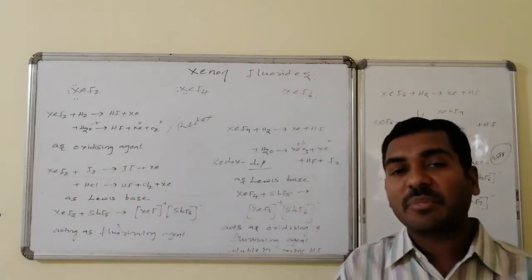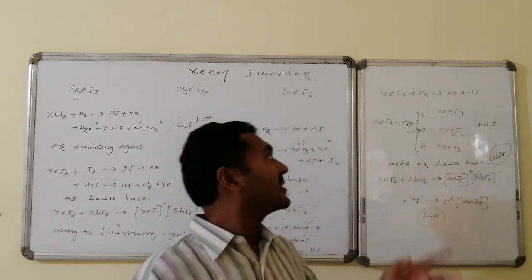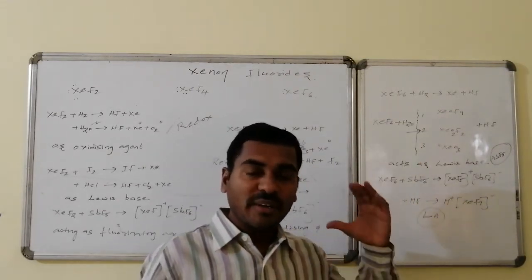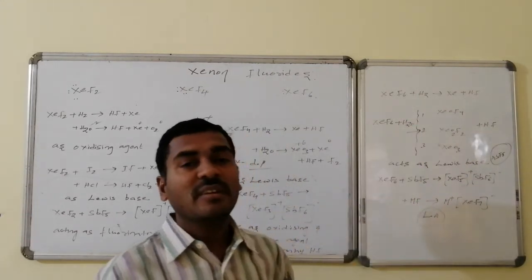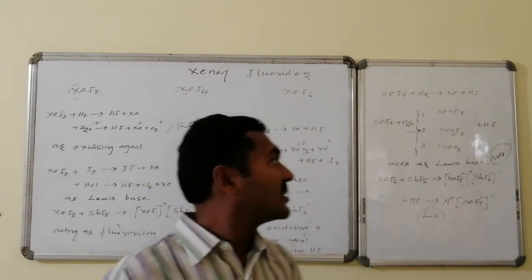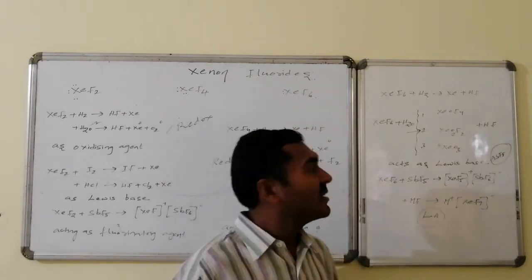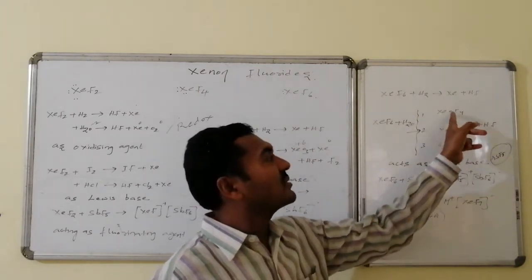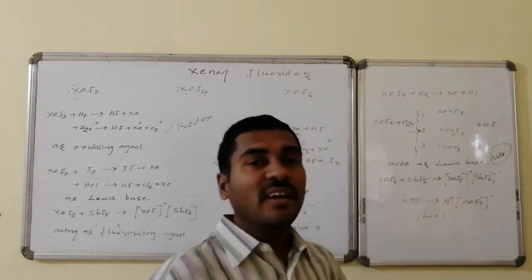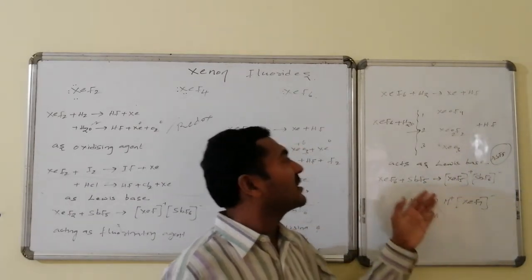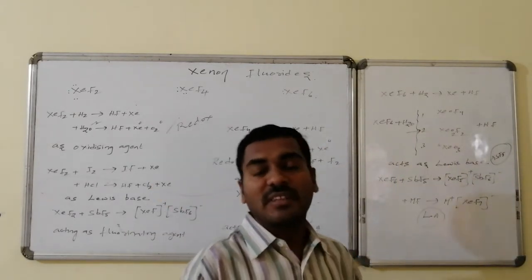And the next important fluoride of xenon is xenon with 6 atoms of fluorine, that is said to be xenon hexafluoride. Similar to the remaining 2 fluorides of xenon, xenon hexafluoride also on reaction with hydrogen leads to the formation of xenon followed by HF. And on reaction with water, partial hydrolysis and complete hydrolysis reactions take place: 1 molecule of water leads to the formation of xenon oxyfluoride, with 2 molecules of water xenon dioxydifluoride, and with complete hydrolysis, 3 molecules of water, all fluorines are replaced by oxygen, hence it leads to the formation of xenon trioxide.